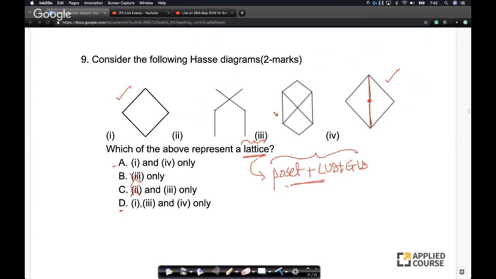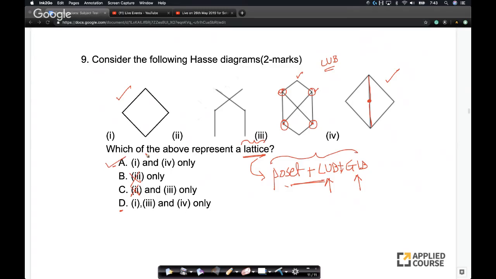Now the question here is, is 3 a lattice? It's a very good question, right? We have seen this example in the course videos. If you take these two, what is the upper bound? This is an upper bound, and this is an upper bound, and this is an upper bound. All these three elements are part of the upper bounds of these two elements. Now, what is the lowest upper bound? I can't even compare these elements, so I can't have a lowest upper bound, which means for these two elements I don't have a lowest upper bound, which means it's not a lattice. Because for a lattice, for every pair, I need to have a lowest upper bound and a greatest lower bound, right? So hence 3 is not a lattice.